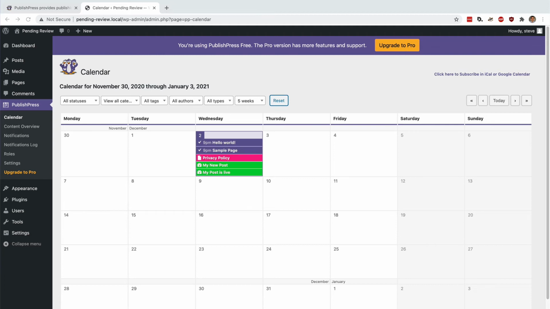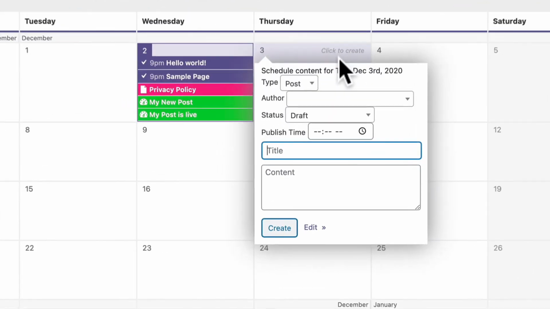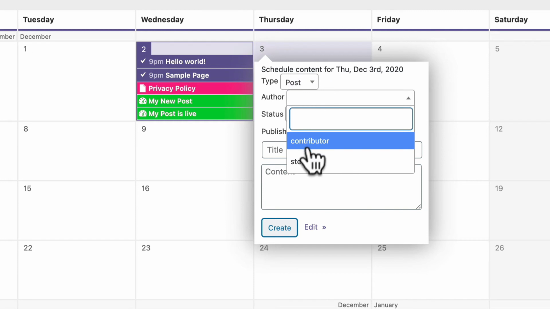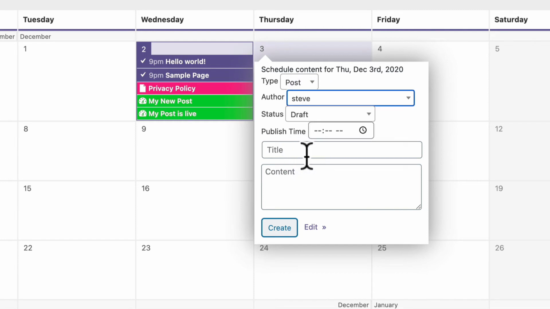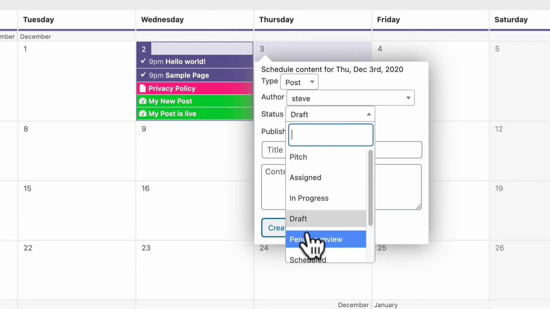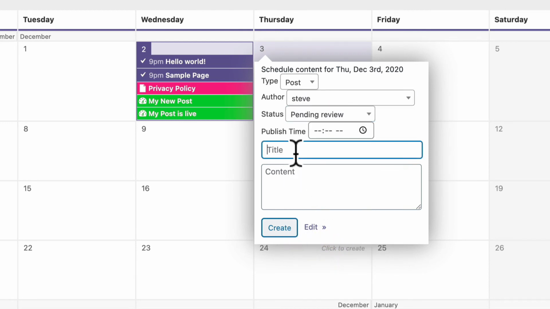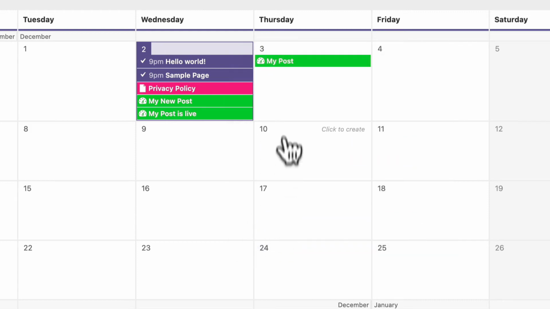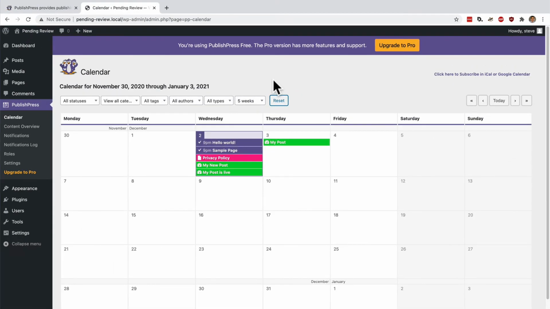On the main calendar screen here, you can find a date when you want to plan to publish content. And you can click on a date. And you can create all the details for a particular post, including putting it in draft or pending review. And there you see that it's in green with the icon that you chose. So the Publish Press plugin allows you to customize the statuses you have on your site, and perhaps equally importantly,